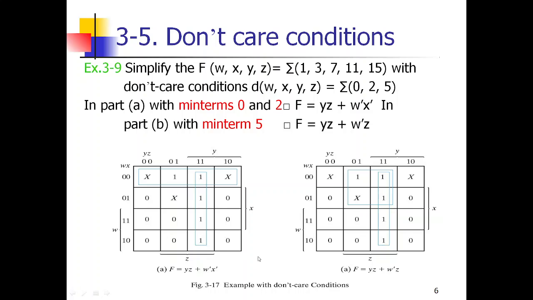Okay, so depending upon the problem we can get the solution. Whenever needed we can include the don't care condition. If it is not needed, it is not necessary to include. So see here, this don't care is not included, and in this simplification these don't cares are not necessary. So we include the don't cares we want, so that the number of input variables and the number of components should be reduced.